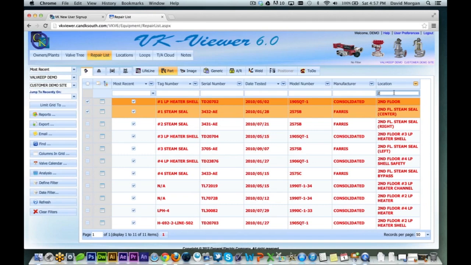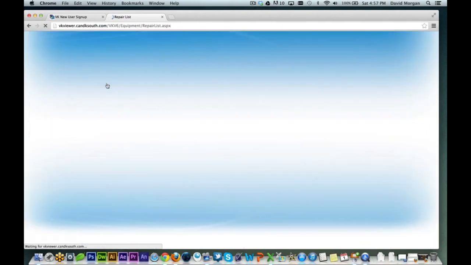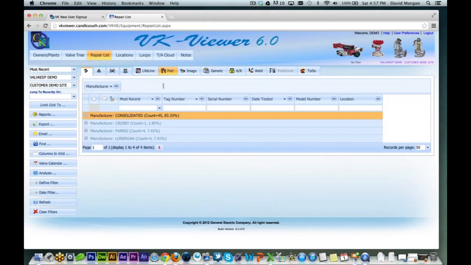Okay, so that's an example of how you can do some of the sorting at the top. But what if you wanted to do different groupings and you want to have a little bit of statistical data to go along with it? Well, you can use this grouping mechanism by clicking on this filter here, and then you can drag the column headers into this top area to automatically sort and group. So again, let's do manufacturers. If I grab that up here and drag it and let go, it will resort the columns,